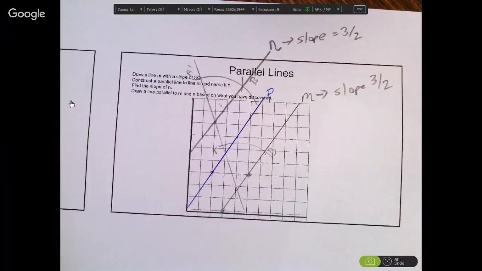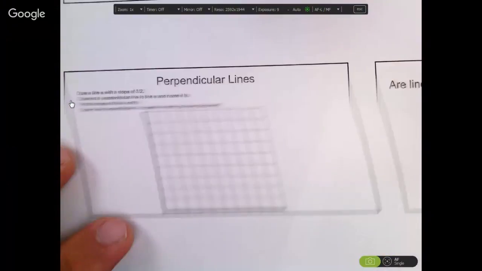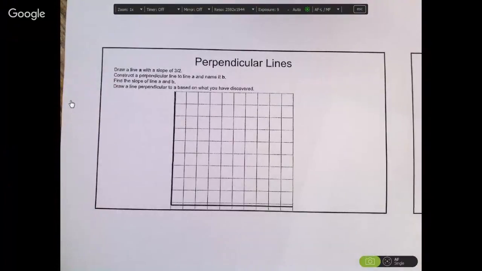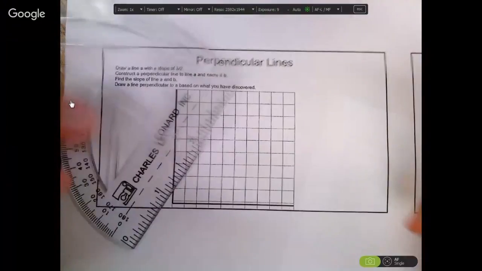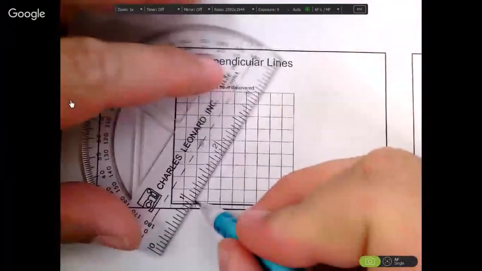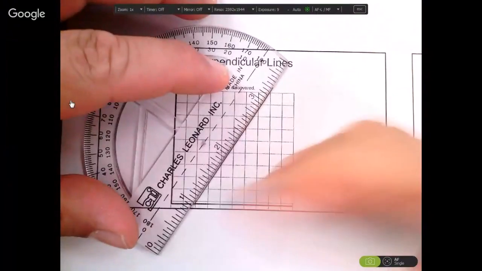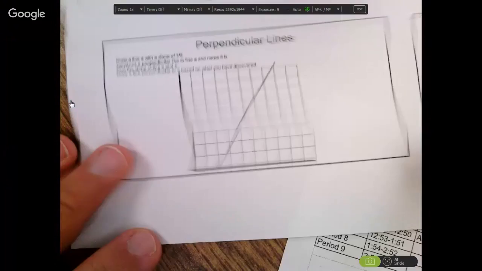Did we already know that the slopes were the same? Do we know about perpendicular slopes? Yeah. Oh, gosh. You steal my thunder. So we're going to make another 3/2. So you should have this drawn. And then to create a perpendicular line,